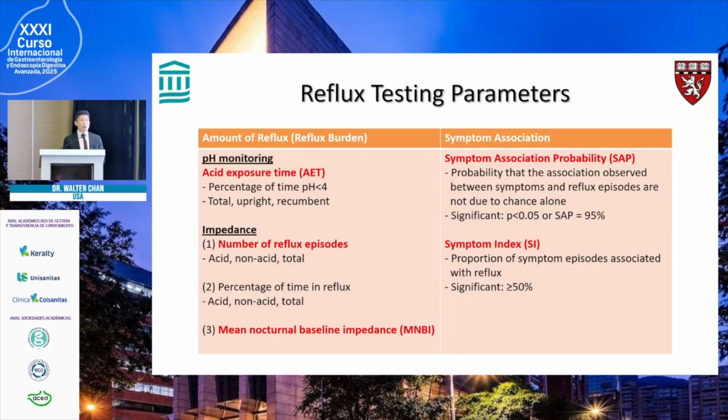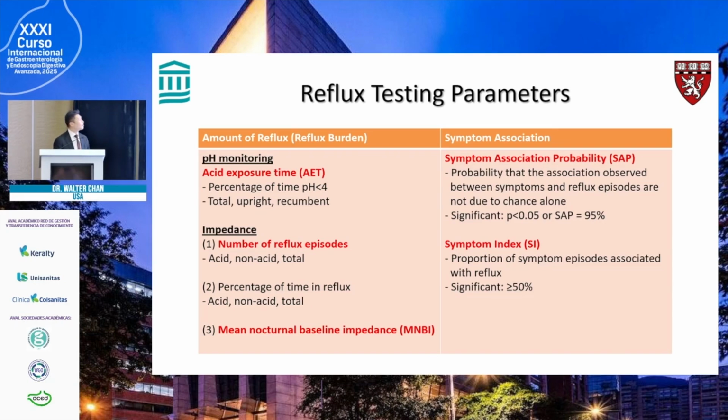So on reflux testing, depending on which modality you use, these are some of the parameters you can look for. But the ones in red are the ones that are truly important in helping you classify patients: the acid exposure time, the total number of reflux episodes, and impedance. We talk about the mean nocturnal baseline impedance, and also looking at symptom association during reflux testing to help you